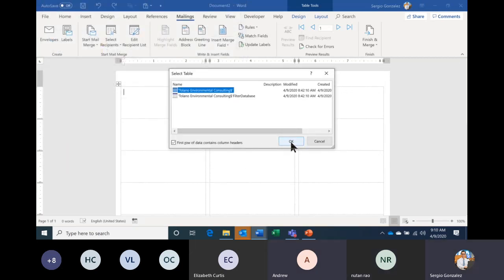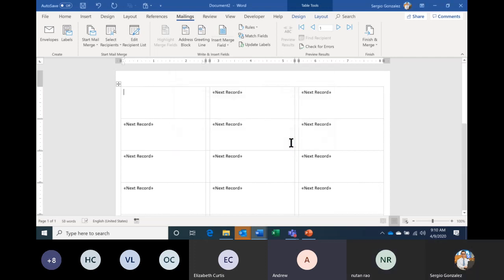Then click OK. But see, mine doesn't have the existing list. Under my select recipients, it says choose the list of people you'd like to send your documents to, or you can type a new list. I don't have the one, and underneath there's a box with a question mark that says tell me more. And when I click on that one, no, did you select choose instead of use? No, choose. Yes. Nothing comes up. Choose the list of people you'd like to send your documents to. And when I choose that,